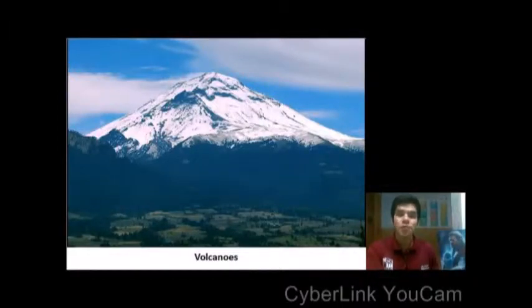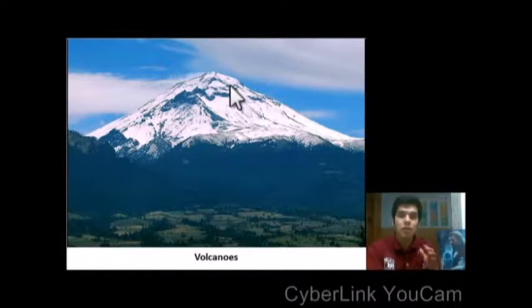For this week we're gonna study volcanoes. It's a nice topic and a very interesting topic. So here I present you a picture of a volcano located in Mexico City, and it's a very active volcano. Its name is Popocatépetl. So for the first lecture we're gonna study what is a volcano, because sometimes when we